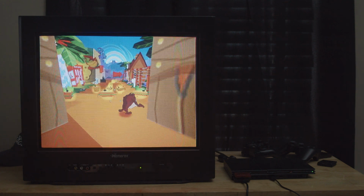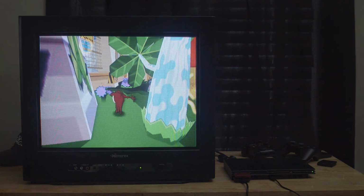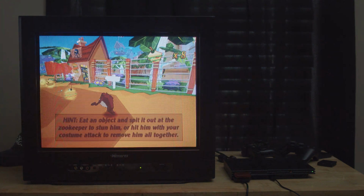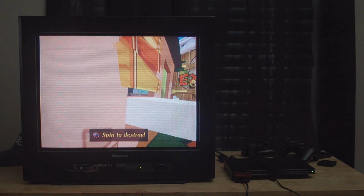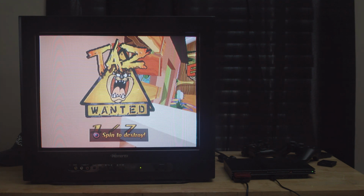And the cool thing about this is this isn't just Xbox One to PS2. This apparently can even do Switch Pro. I literally just saw this, like I'm looking at the page right now. Apparently you can do Switch controllers on it. I didn't even know that. You can do Xbox One, PS3, PS4,